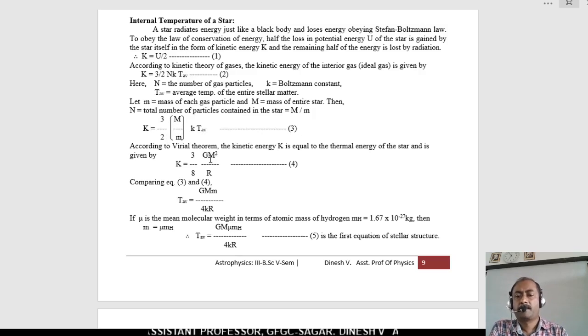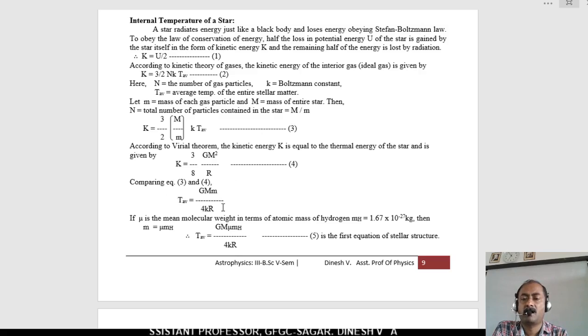According to the Virial theorem, the kinetic energy K is equal to the thermal energy of the star and is given by the formula K equals 3 by 8 into G M square by R. Let it be equation 4. Here G is the gravitational constant, R is the radius. Comparing equations 3 and 4, we get the average temperature of the entire stellar mass becomes G M into small m